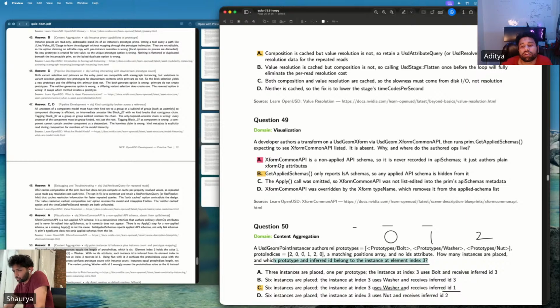So 0, 1, 2, 3. The inferred ID is basically the index position.